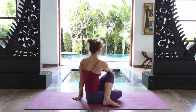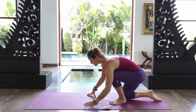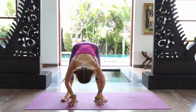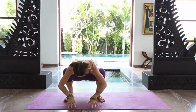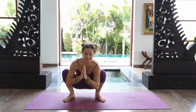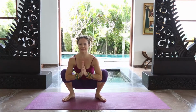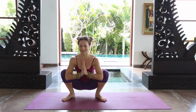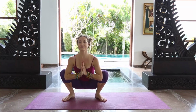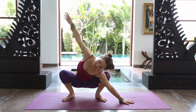Preparing to release. Reach around, come back, and we're going to come into a wide squat, malasana. Bring your hips to the earth, squeeze the knees, rub the palms together and bring them into the heart. Keep dropping the hips, lengthening the spine and lifting the chest. Do a few twists and open the side body, diagonally reach up, reaching one hand to the mat and the